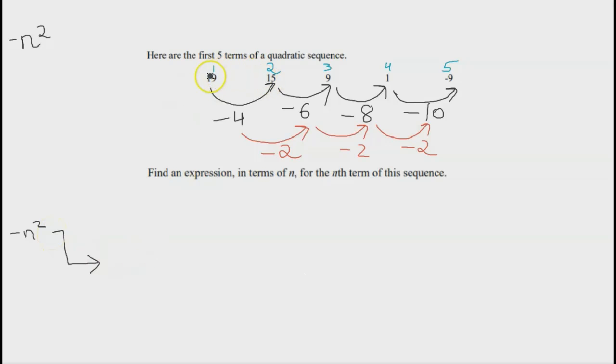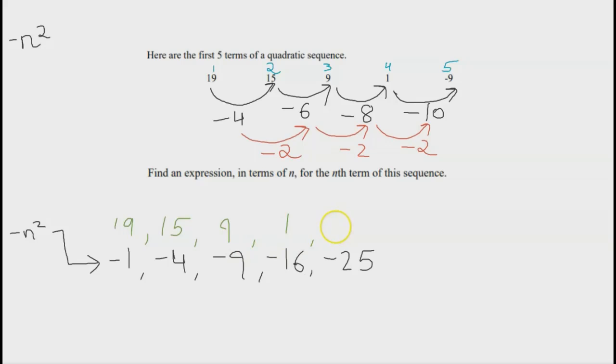We have minus 1, minus 4, minus 9, minus 16, and minus 25. And remember, we're just subbing in the values from here. So 1 squared is 1, and times the minus here, so it should be minus 1, minus 4, minus 9, minus 16, minus 25. And then we're just going to add the actual sequence values. So we've got 19, 15, 9, 1, minus 9,